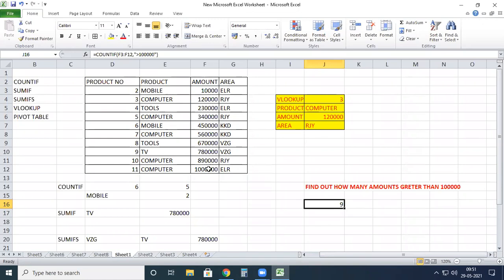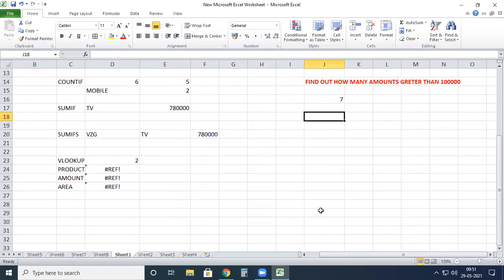Are you able to understand this? Here I'm changing the amount to 12,000. If you observe, only 8 are there. Now I change another to 56,000. So now 7. Now we count that: 1, 2, 3, 4, 5, 6, 7. Am I right or not? In the same way, we can count anything.